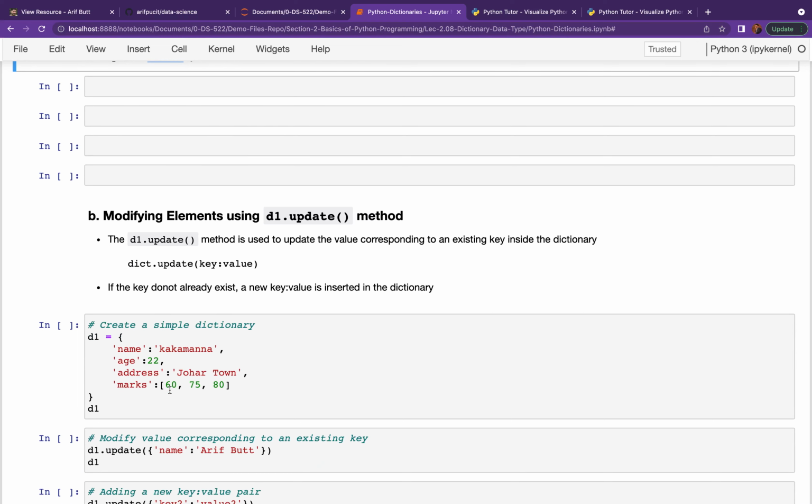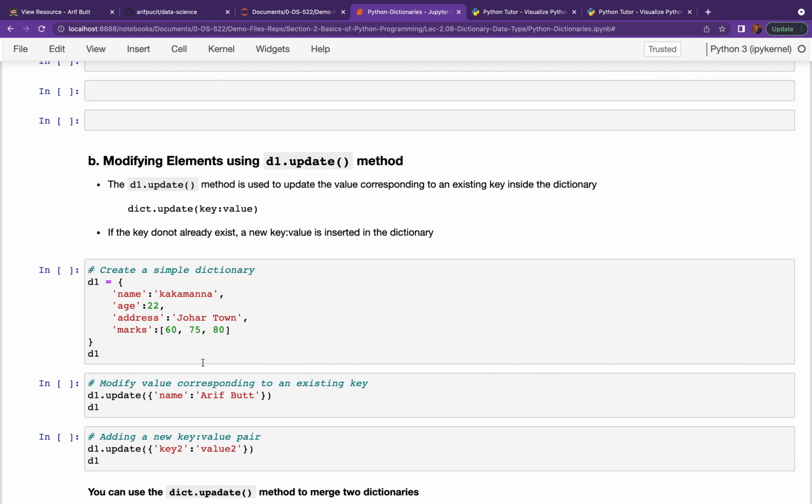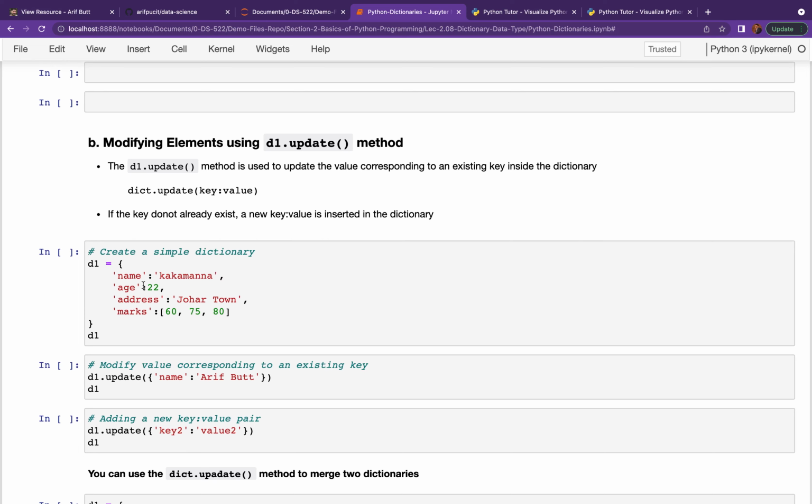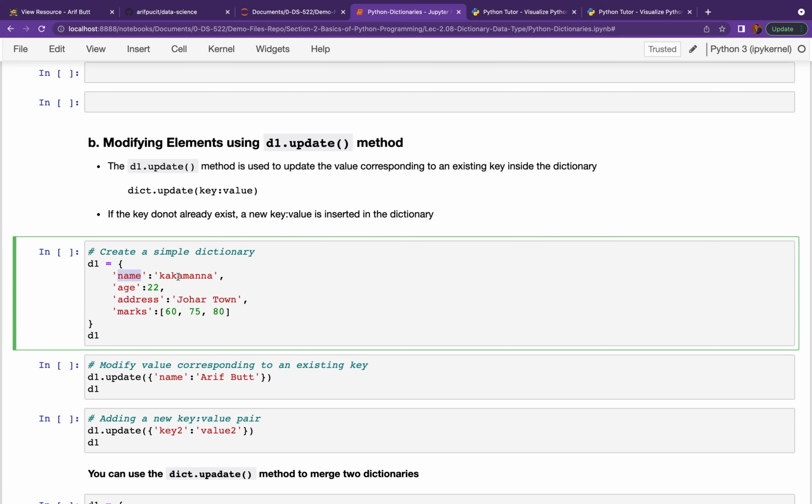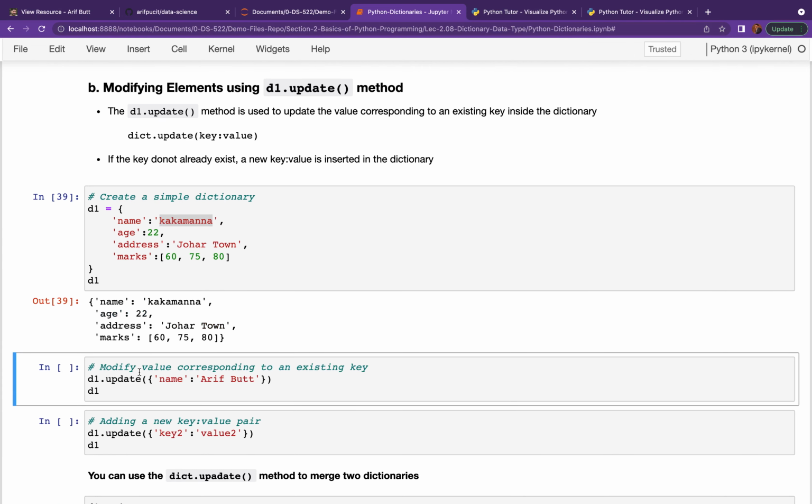Okay, you can use the update method for the same purpose. The update method is passed key colon value as an argument, and this will be updated to this dictionary. For example, over here the key is name, the value is Kakamanna, and I want to modify it using the update method.